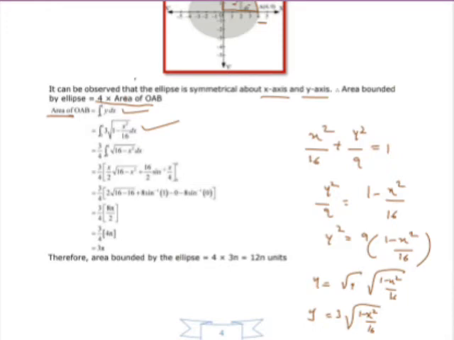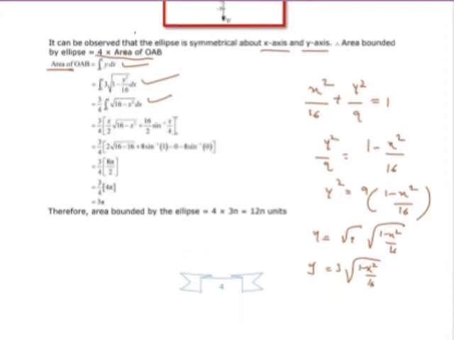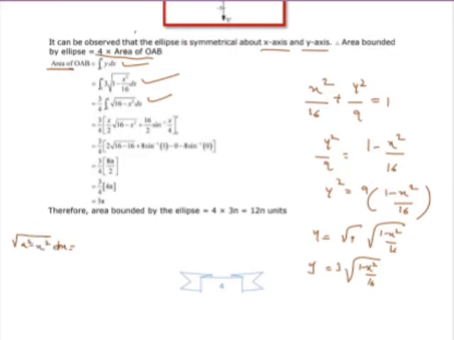So the value of y we have taken, 3 into under root of 1 minus x square by 16 dx. So here when you cross multiply this, you will get 16 minus x square. Square root of 16 is 4, taken outside. Integration 0 to 4 as it is, that is 16 minus x square dx. So now 3 by 4 as it is, and now it is in the form of a square minus x square. The standard form is under root of a square minus x square dx, which is equals to,